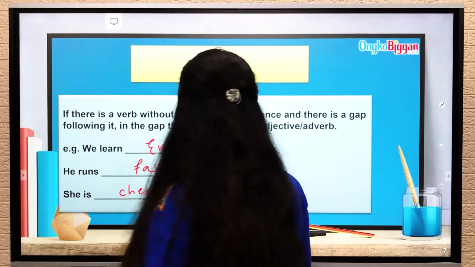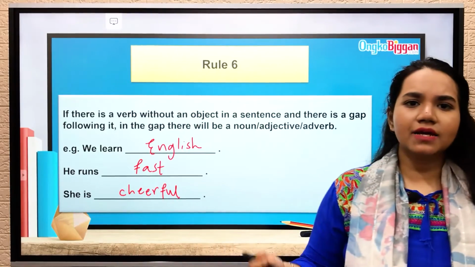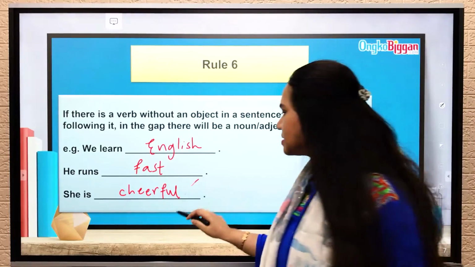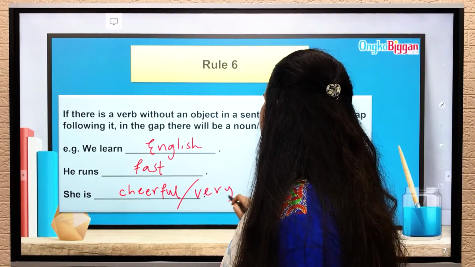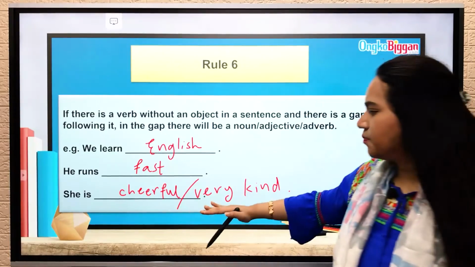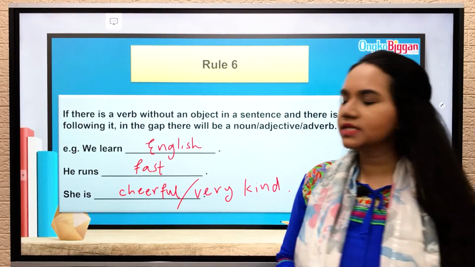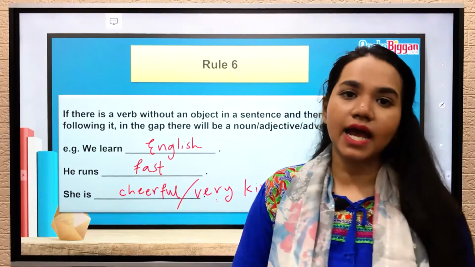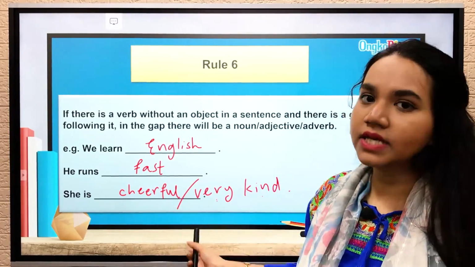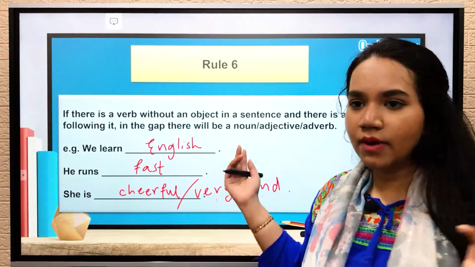So in that case, if you want to put an adverb here, I can say she is very kind or very cheerful or something. So in that case, you need 2 blanks here to put both of the words, right? Here very, the word very is the adverb here, and kind is the adjective here. The word very is describing the adjective which is